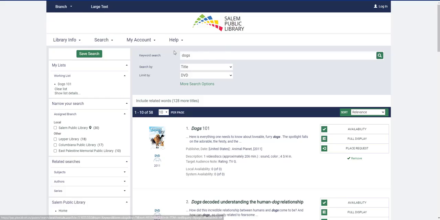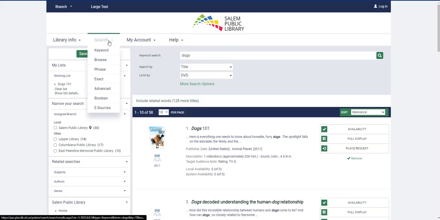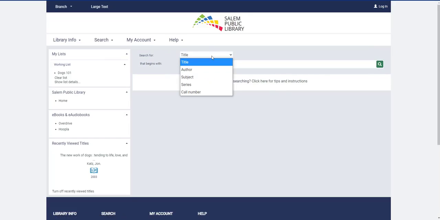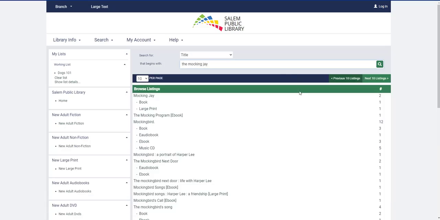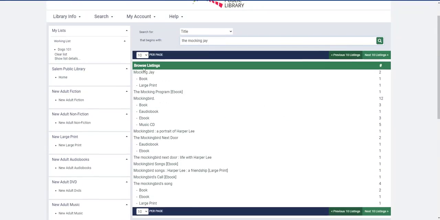So if we decide to change our search to a different type, let's go to Browse. And we're going to look for, let's look for a title. And I'm going to type in The Mockingjay. I hit search, and it will tell me all of the things that The Mockingjay comes up. It's a large print. It could be an ebook, and